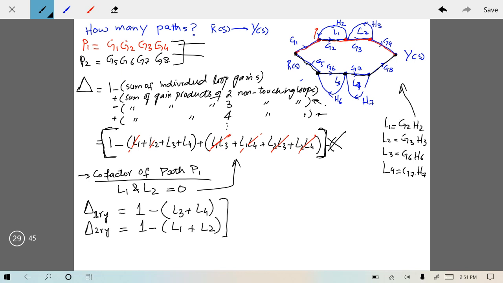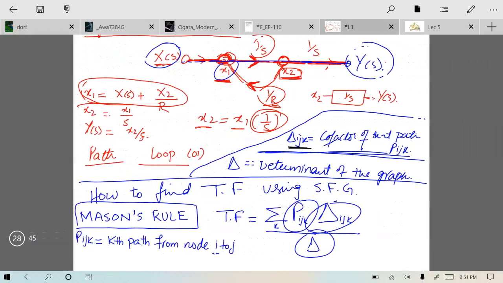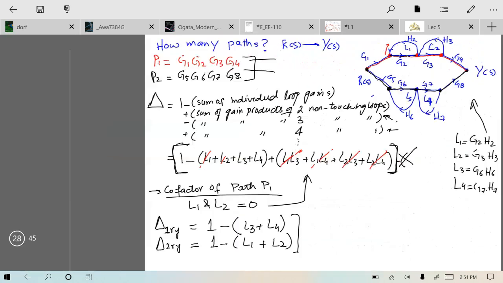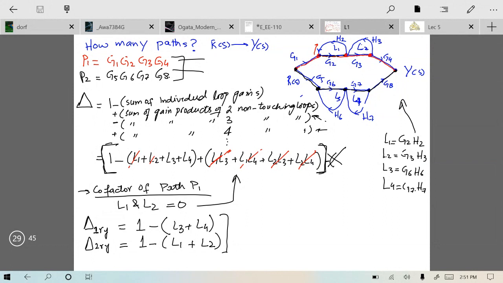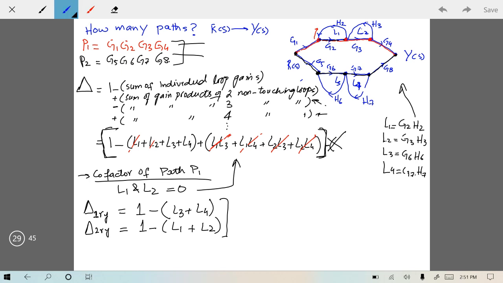So at this moment I have evaluated all three terms of Mason's rule. I have evaluated the paths, the determinant, and the cofactors of the paths. Now if I combine all this information and try to write the transfer function of the system, the transfer function would be